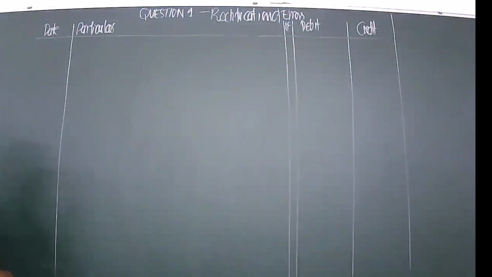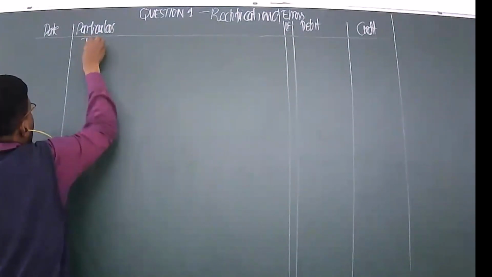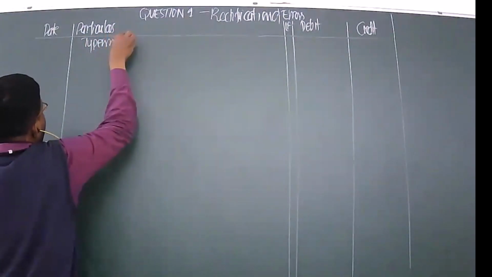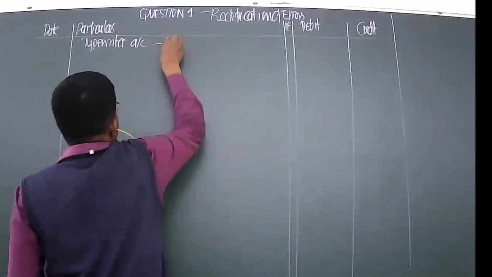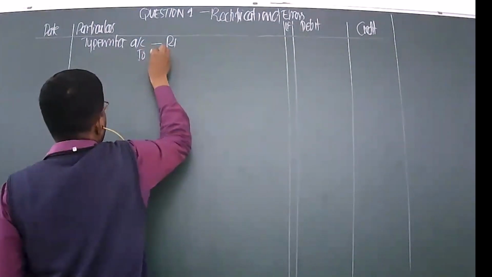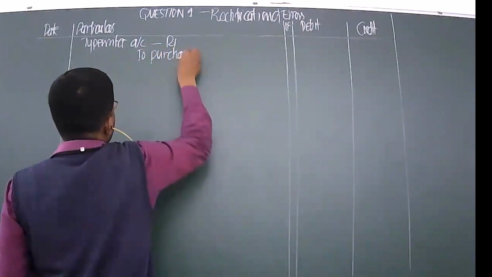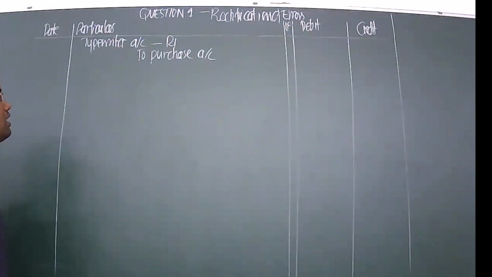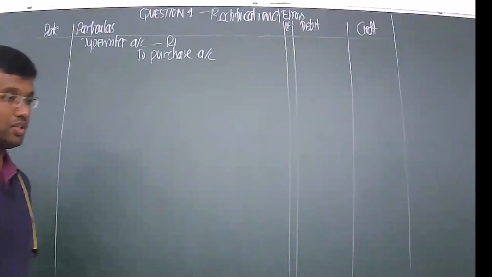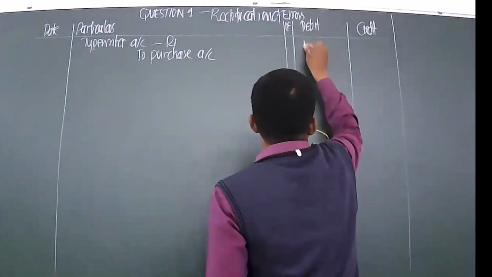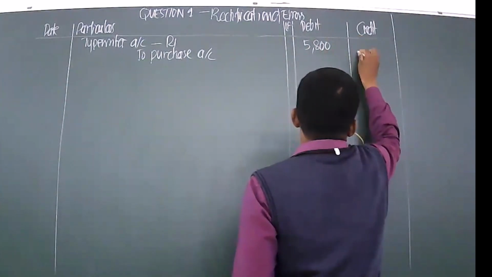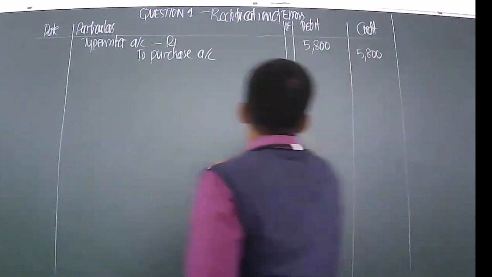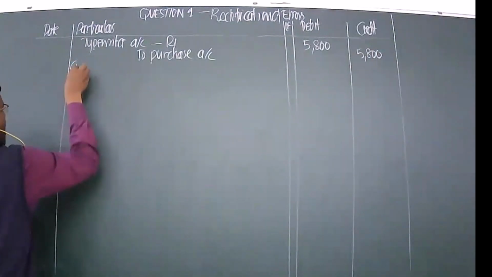So here goes the journal entry for this. Typewriter account debited to purchase account. So typewriter's account is now under debited, because of which we are debiting it. Purchase account is over debited, so we have to credit. So let's write 5,800. Now let's write the narration for this. Being